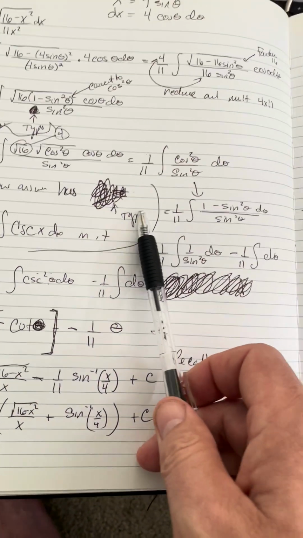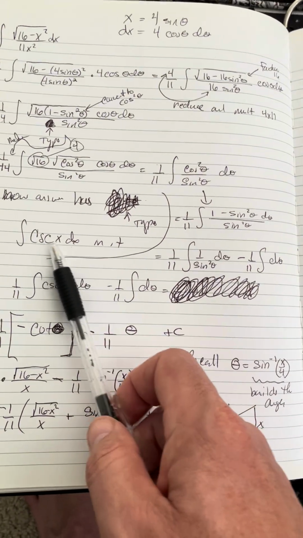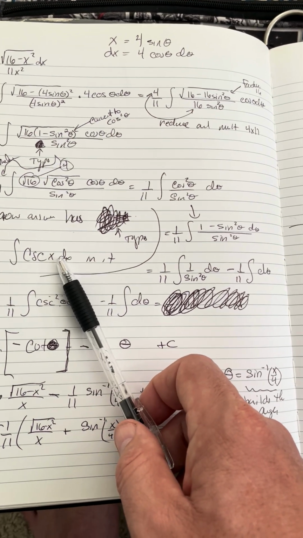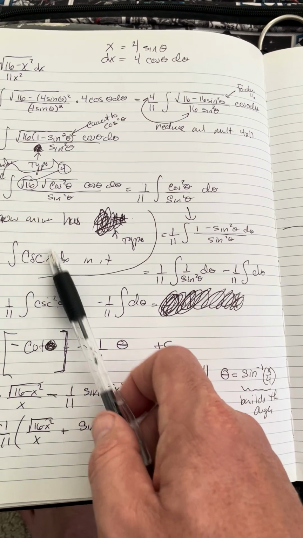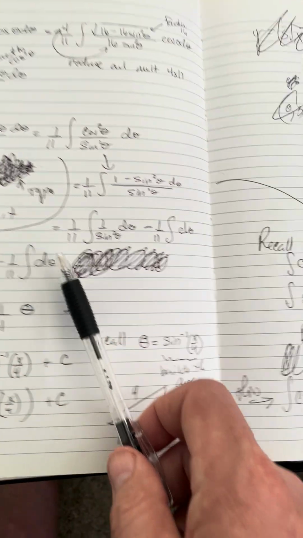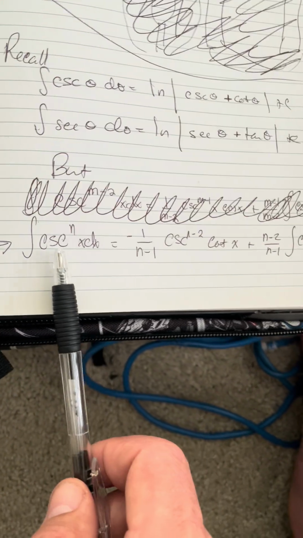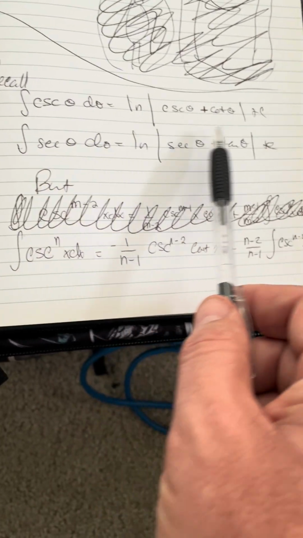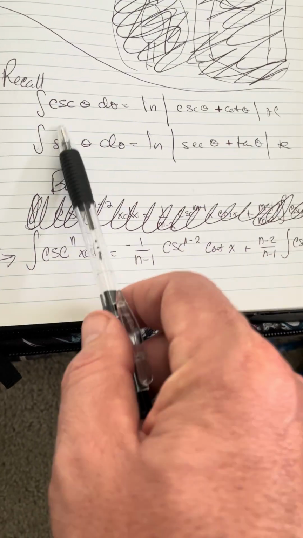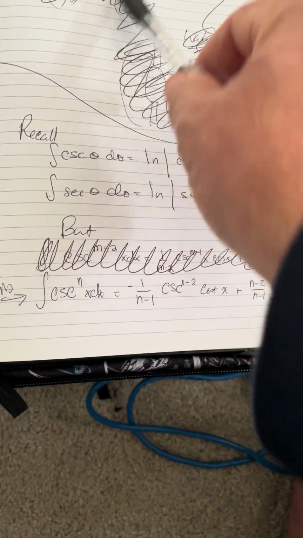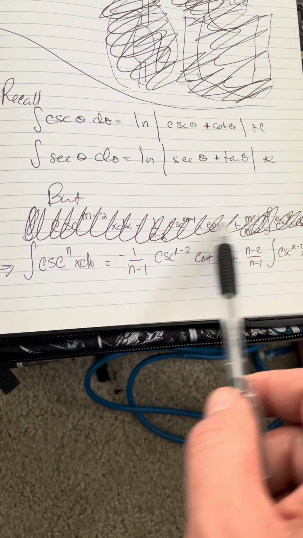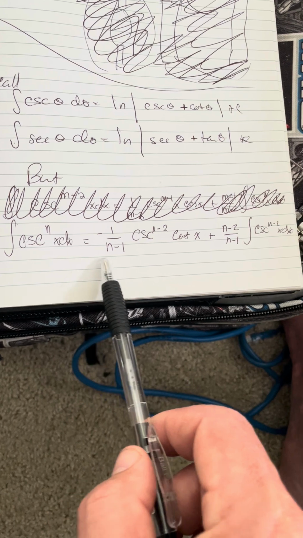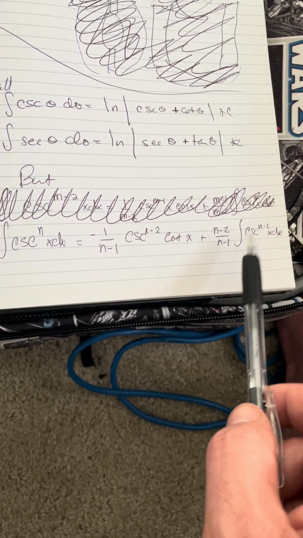Now, in my head, I'm thinking, okay, I want to see something with cosecant coming out of this. So I started to look up some cosecant stuff. And I thought about the reduction rule for cosecant. So I'm going to have this over here. I've also thought about just straight up integrals with cosecant and secant. So these are just straight up integrals. These are typos from old work. I wrote down a weird reduction formula for cosecant here, but then I just wrote down this one, and I thought, this is probably our best one to use